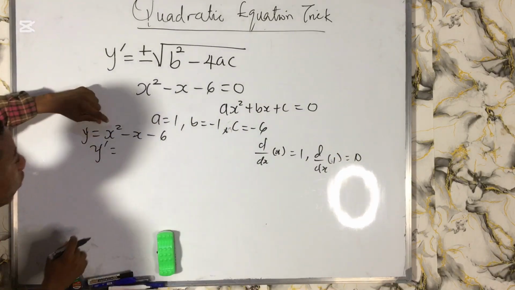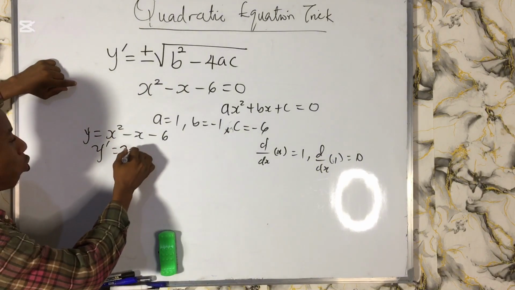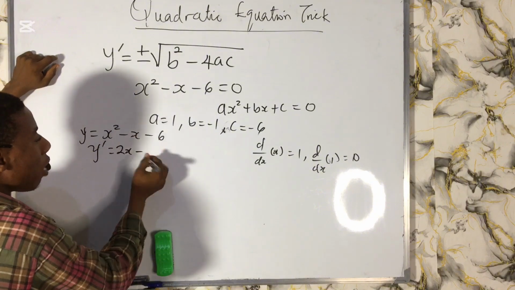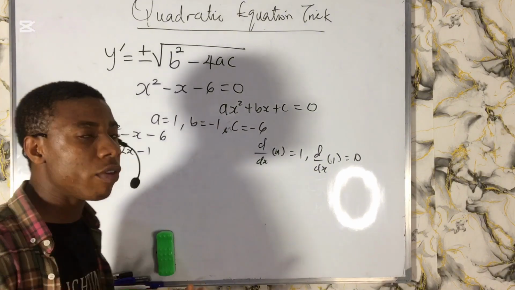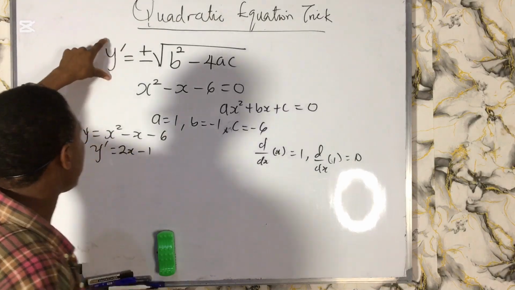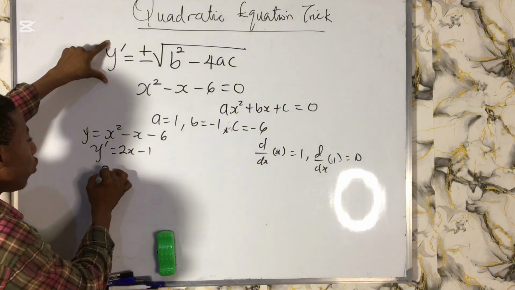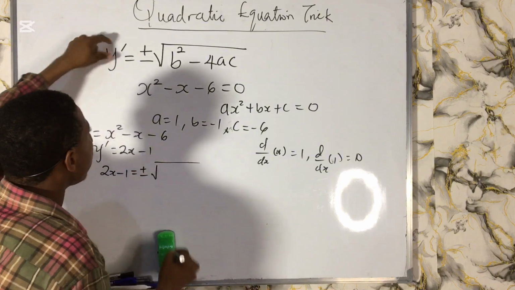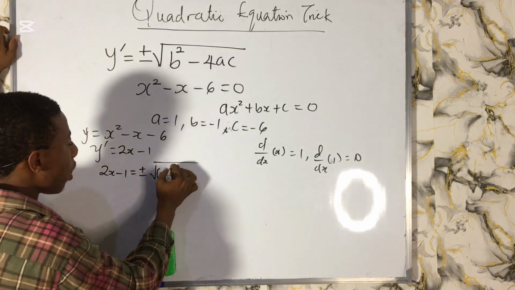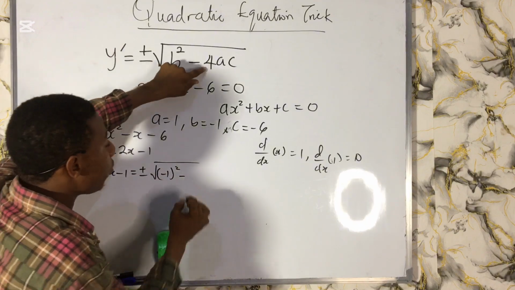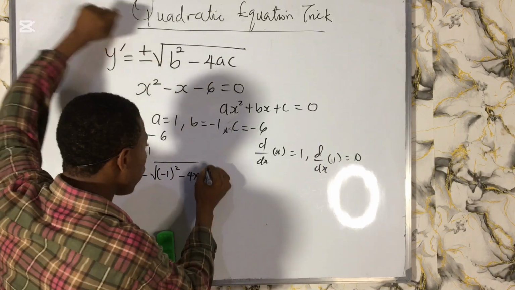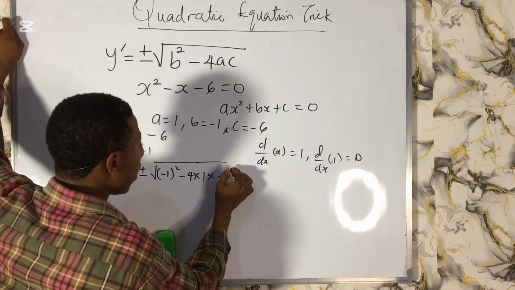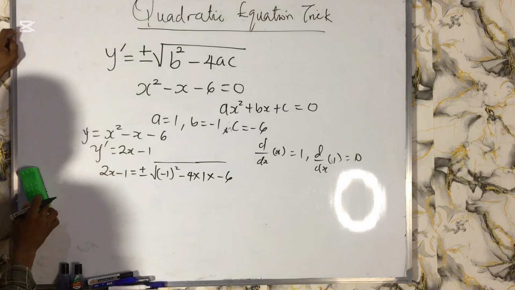If you differentiate x squared, you get 2x, for those who studied calculus. If you differentiate x, you get 1, and if you differentiate the constant, you get 0. Are we together? So let's substitute. y prime now is 2x minus 1, equals plus or minus the square root of b squared, which is minus 1 squared, minus 4 times a, which is 1, times c, which is